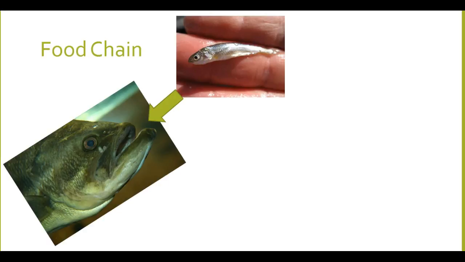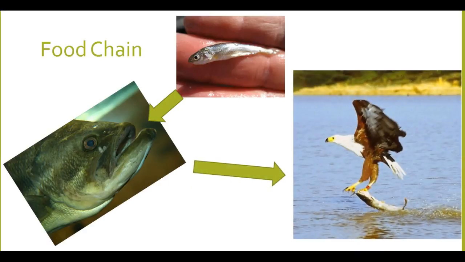So now its energy from the bugs that it ate goes to that creature. And then finally, some larger creature will come along, maybe an eagle. It might come and catch it and eat it. And we get to the top of that food chain. So in this picture, a food chain is really showing the feeding relationships of one animal. In other words, this is how an eagle gets food. That would be the food chain and all the different things.